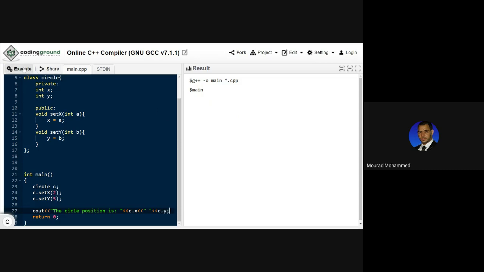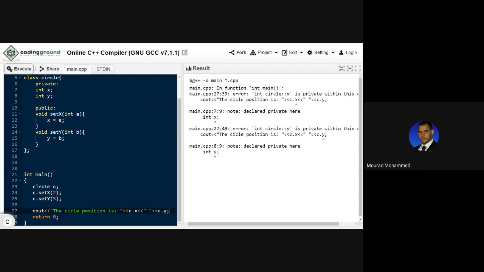Let's see now. I have errors, not even one error. It's saying the X is not accessible here, and the Y is not accessible here. So both of them are not accessible. Why? Because we are setting them to be private. If I change it to public, but here we keep them as public,